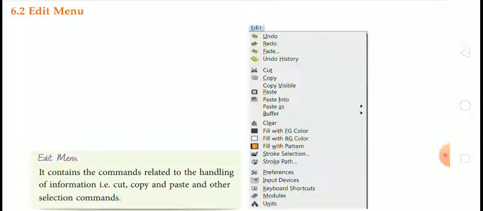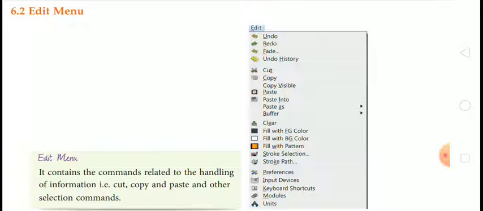Next is copy option. Copy is used to copy the particular file, or it is used to copy the particular text which you have typed in the image.